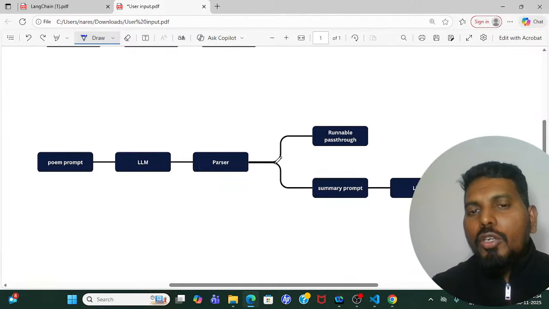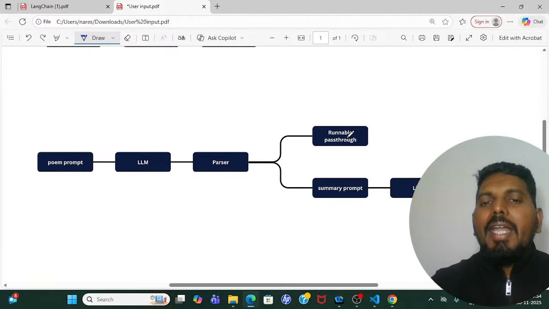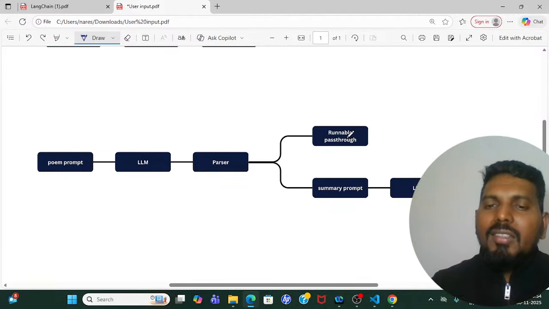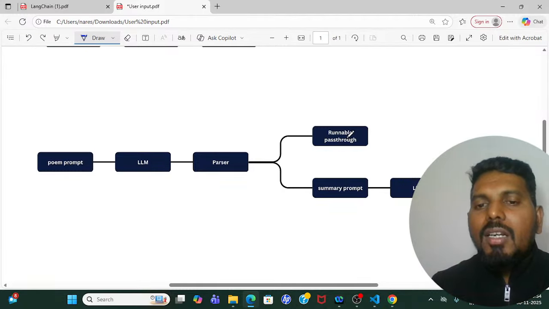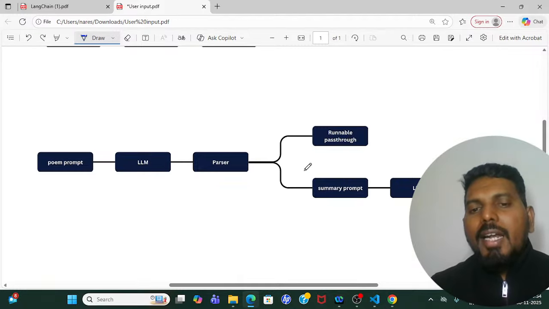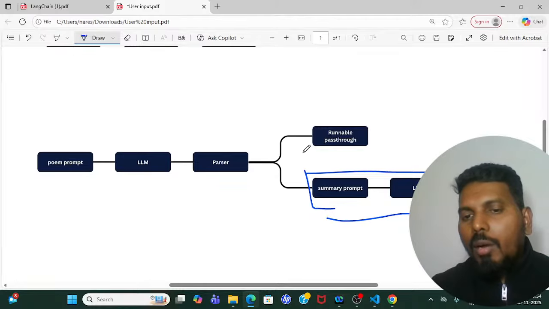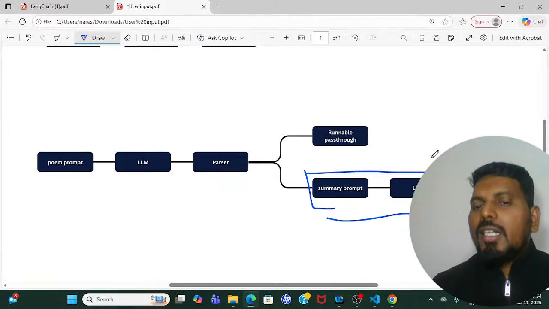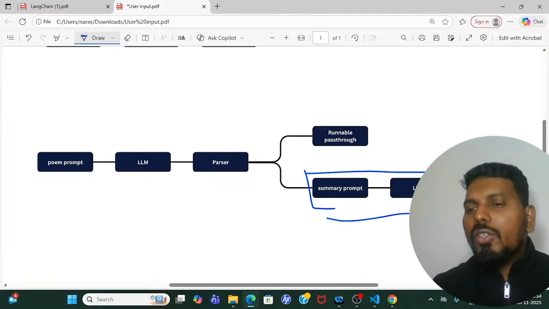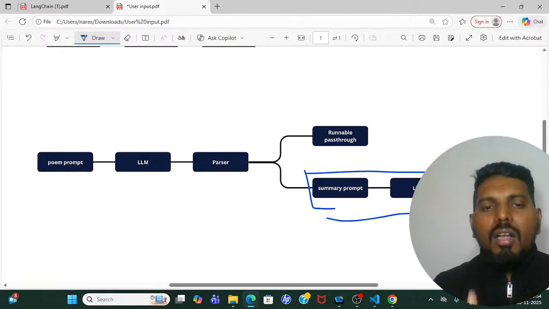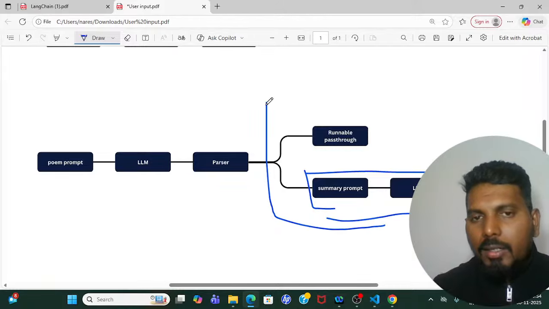One task is runnable pass through, which will take your poem as an input and give the poem as an output. And the second runnable sequence I am running will take your poem input, start generating the summary and give you the summary as an output. Right. So since these two are parallel chains,